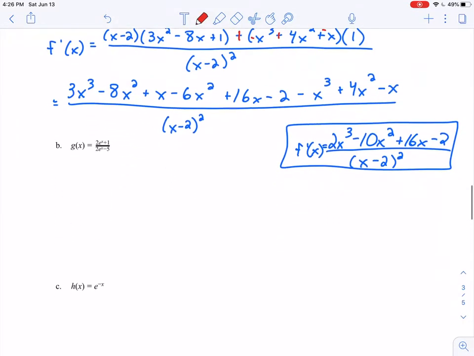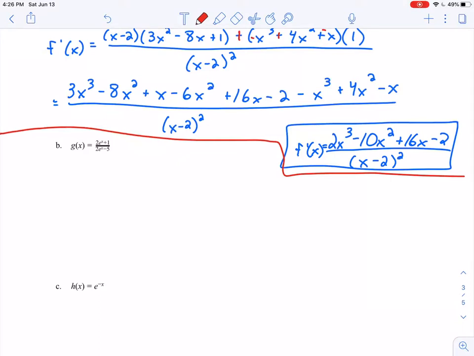Let's look at the next one. I think this one will be a little bit easier to work with. So here I have g of x equals 2e to the x plus 1 divided by 2e to the x minus 5. If you need to, you can also take some time off to the side over here if you want to